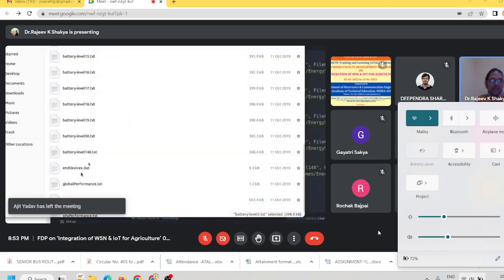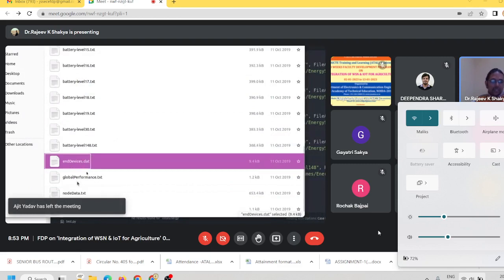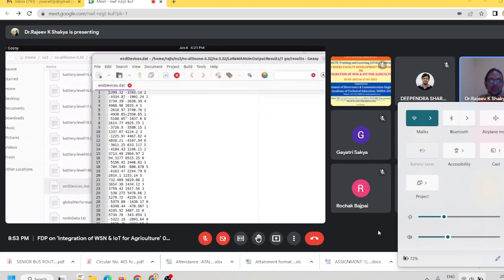Another is the enddevice.dat file. This file is basically for storing the information of end devices. These are the information we can get according to the XYZ. So we can plot on the